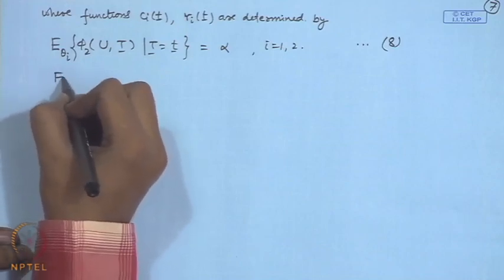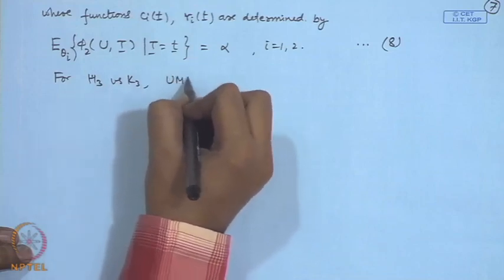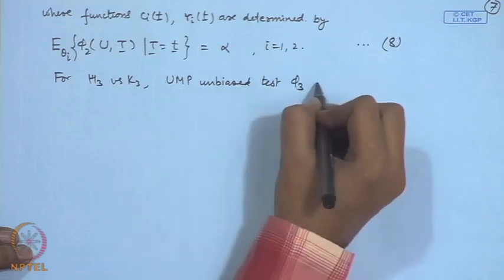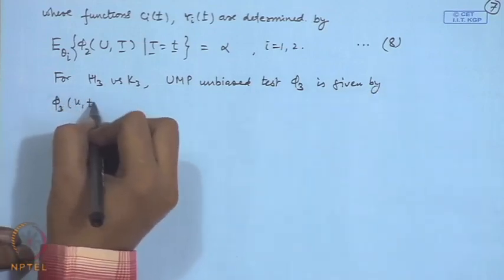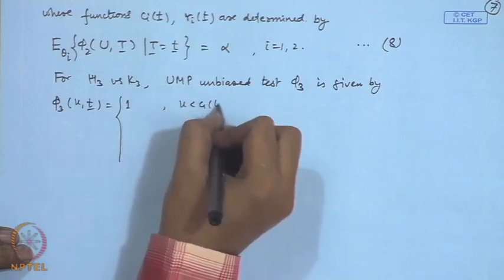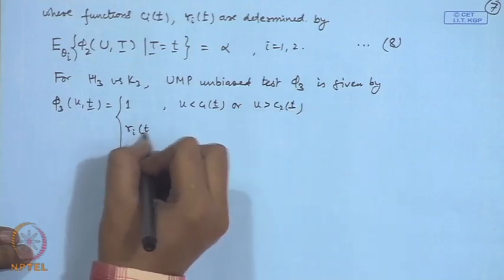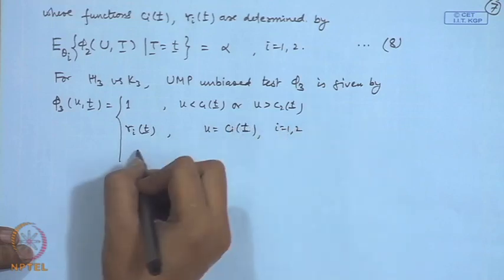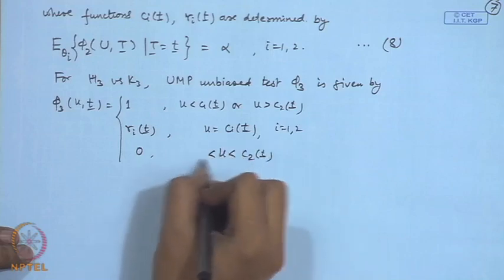So, for H 3 versus K 3 the UMP unbiased test phi 3 is given by, it is equal to 1 for u less than C 1 t or u greater than C 2 t, it is equal to gamma i t if u is equal to C i t for i is equal to 1, 2, and it is equal to 0 when u is lying between C 1 and C 2,